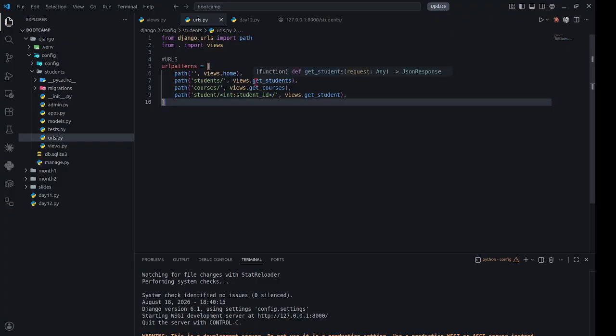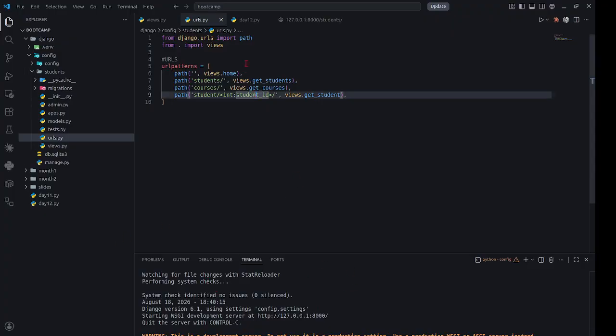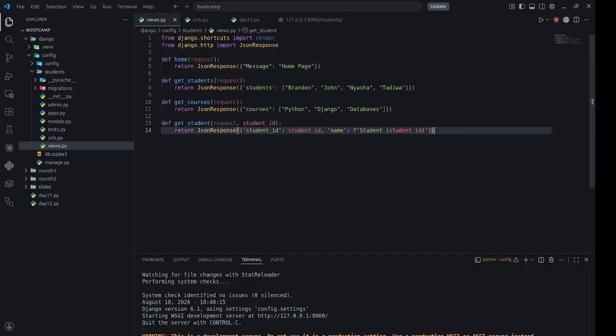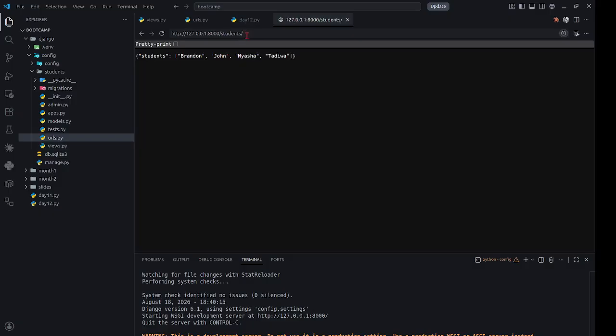it means that we're only accepting an integer. We don't want a float, we don't want a string, we want an integer, right? And the name student ID, this one, becomes the variable that Django passes into our view, this function, right? So that's where student ID is going to come from, right? So for example, if we go to our code and say student,